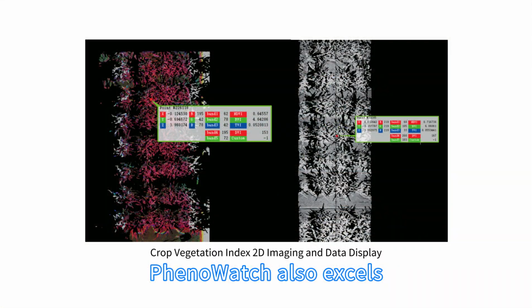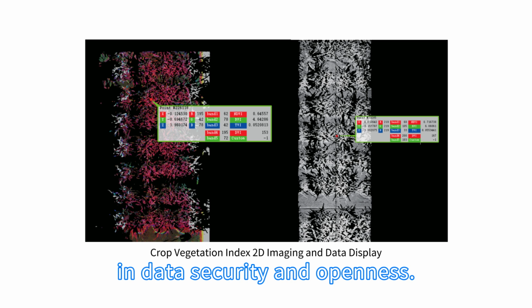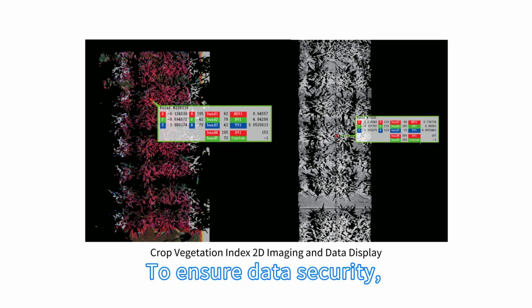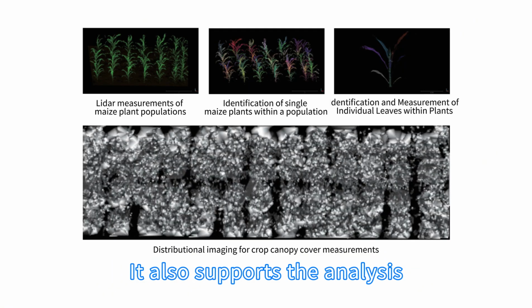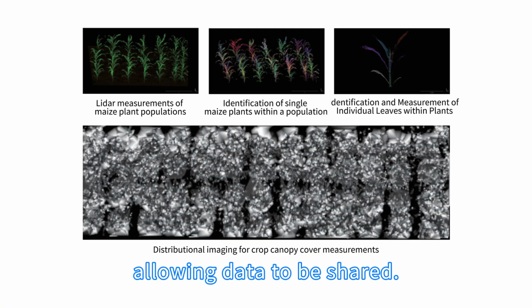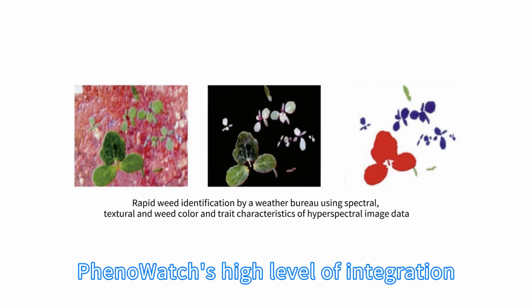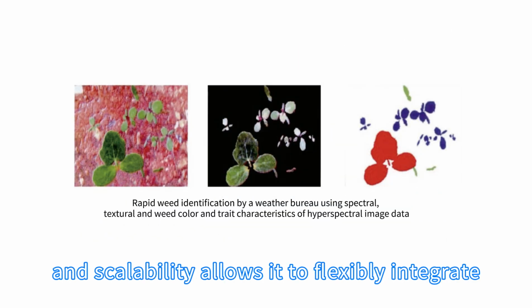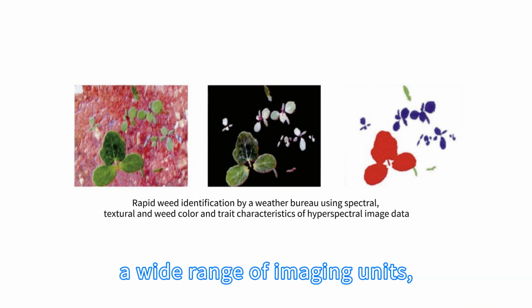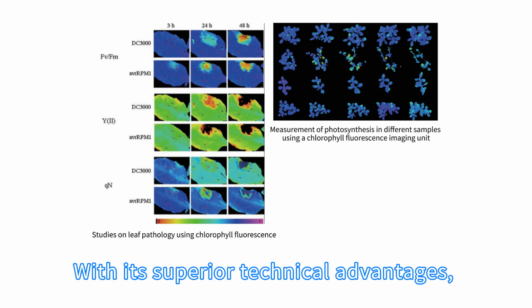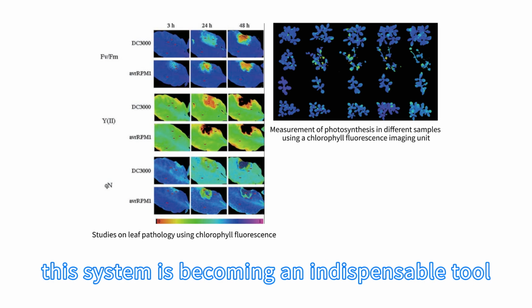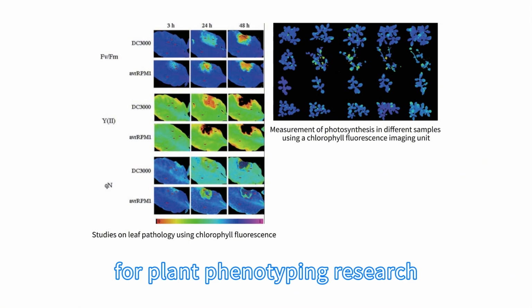PhenoWatch also excels in data security and openness. To ensure data security, all collected data is stored locally. It also supports the analysis of third-party software, allowing data to be shared. PhenoWatch's high level of integration and scalability allows it to flexibly integrate a wide range of imaging units, simplifying operations and maintenance. With its superior technical advantages, this system is becoming an indispensable tool for plant phenotyping research and precision